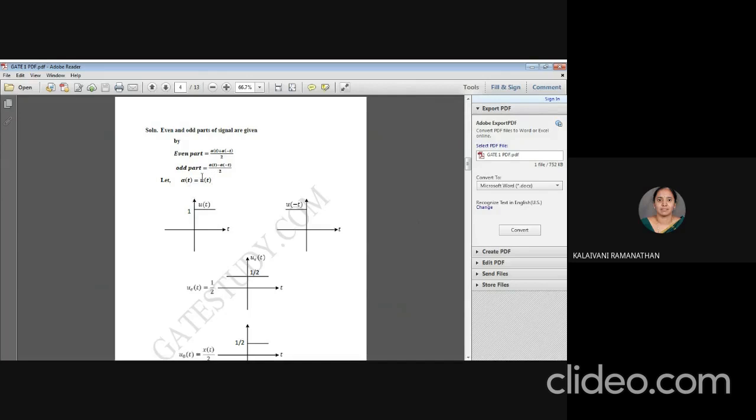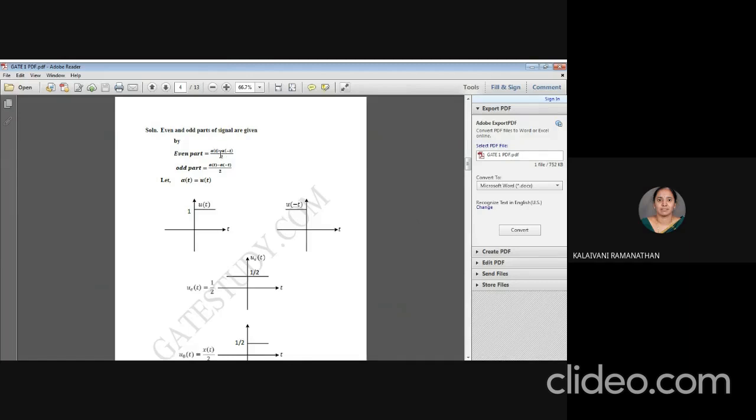So the given function is your unit step function, so it is represented as x of t equal to u of t. Similarly, you can represent your u of minus t, that is, you need x of t and x of minus t to calculate your even part. So here you have plotted your u of t, that is x of t. Next you have to plot your x of minus t. So x of minus t is nothing but u of minus t, so plotted. So even part is represented as u e of t, which is a summation of these two divided by 2